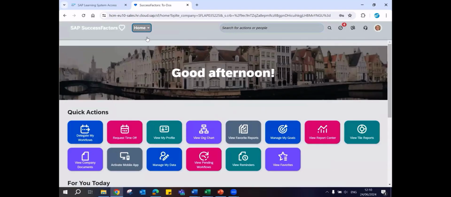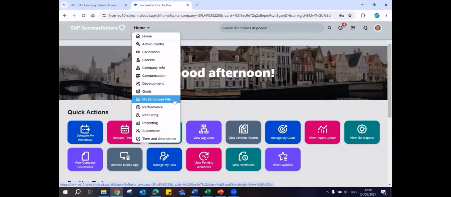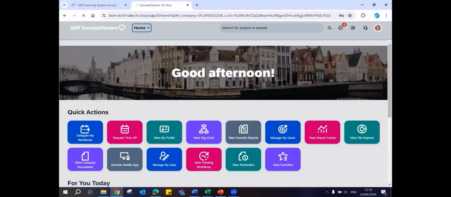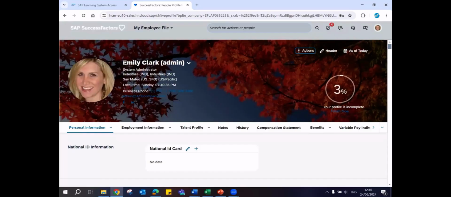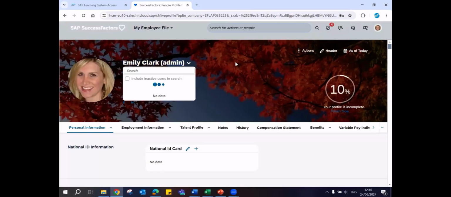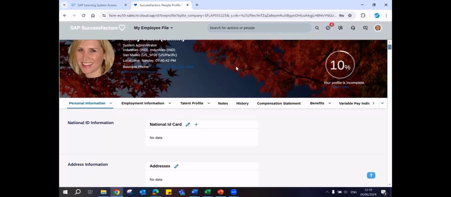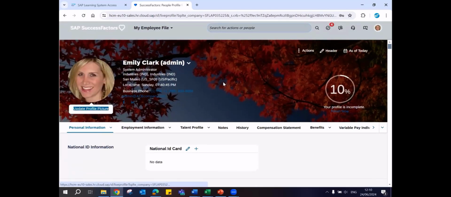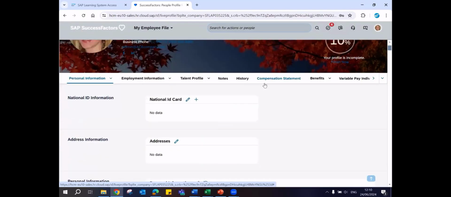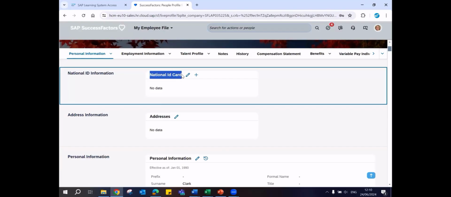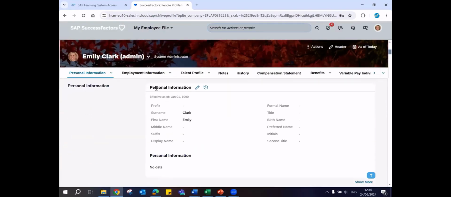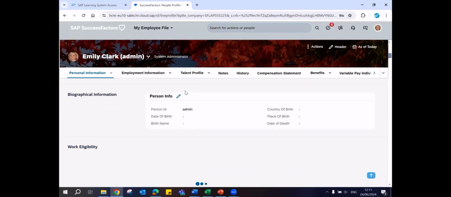And here, when you go for this employee file, that will take you to your employee profile. That will show the current logged in person's profile. Currently, I logged in as an admin user called Emily Clark. So she's an admin in the system. Her profile shows what all information has been maintained in the system, right from her profile picture, a lot of other details are mentioned. Her personal details, her employment details, all that. Scrolling down, you can see if she maintained her address data, national IDs like Aadhaar number, PAN number, kind of personal information. Like this, a lot of things can be maintained.